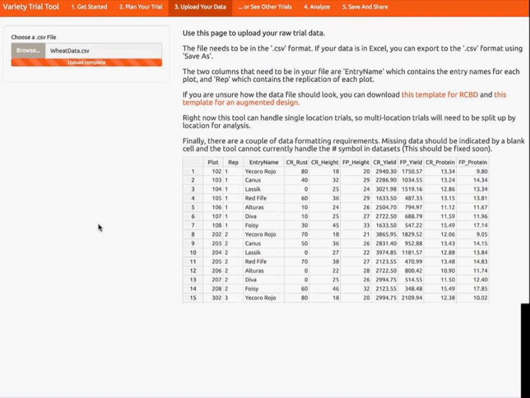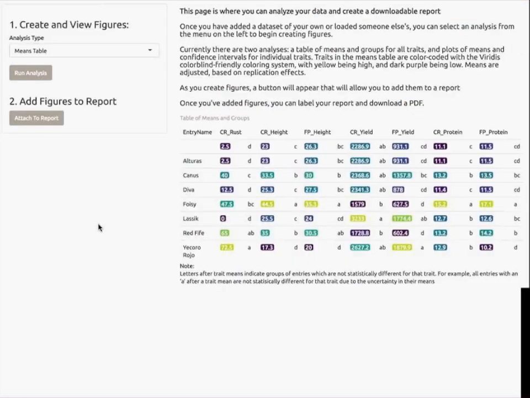So as long as you use this tool to design it, or you can download it right where it says here, you can download the template for it. Click on one of those links that says download this template for RCBD. Then you can go ahead and easily upload it to the tool